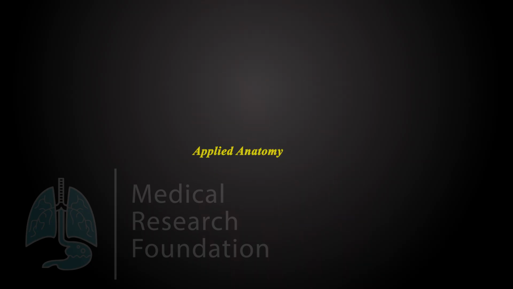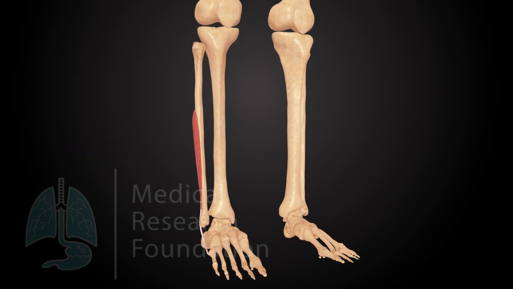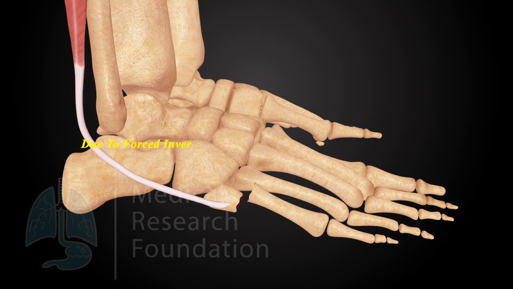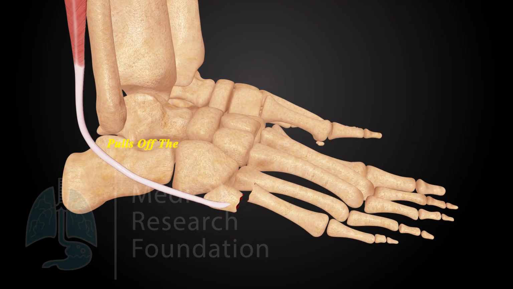Applied anatomy, fracture of the tuberosity, styloid process of the 5th metatarsal. It usually occurs due to forced inversion of the forefoot when the tendon of peroneus brevis pulls off the styloid process, leading to its avulsion. This fracture is also called Jones fracture, after the name of an orthopedic surgeon, Sir Robert Jones, who himself sustained